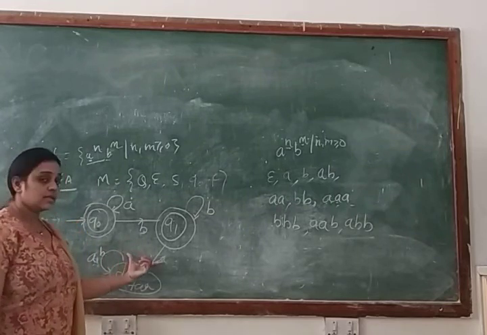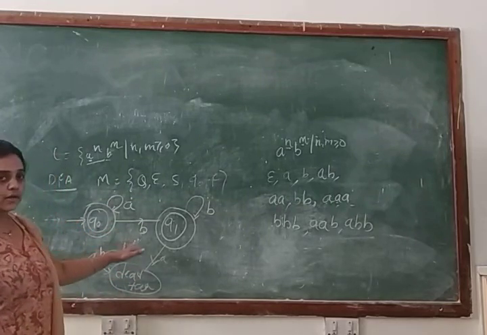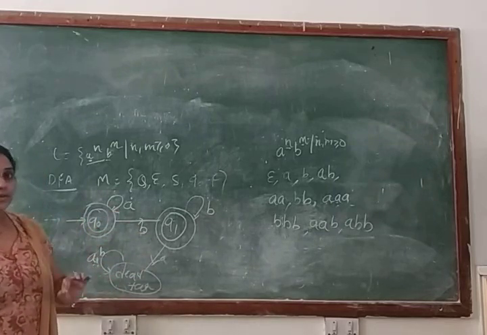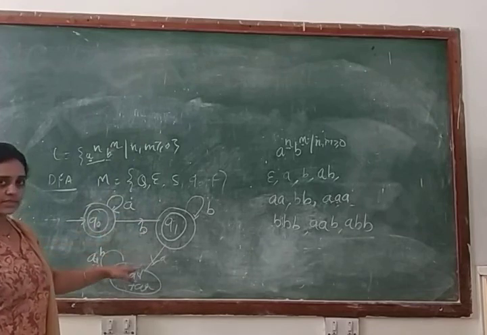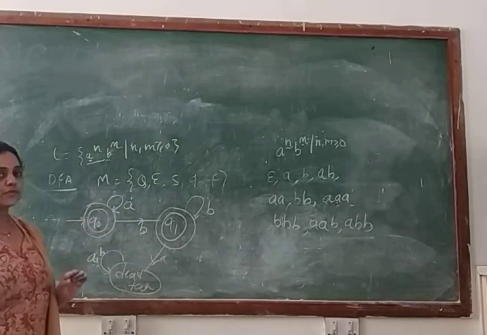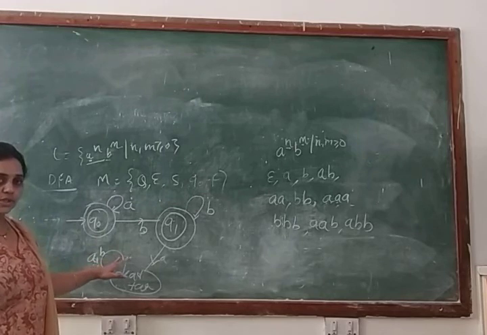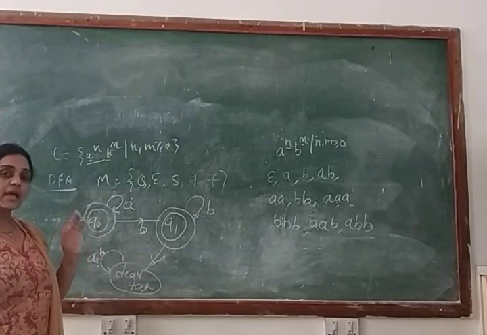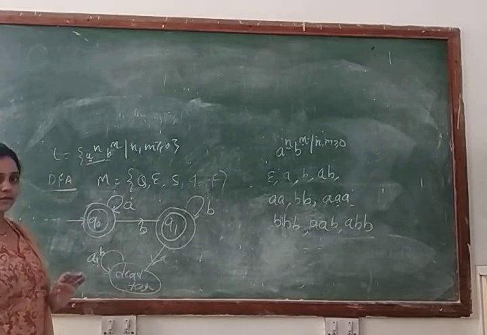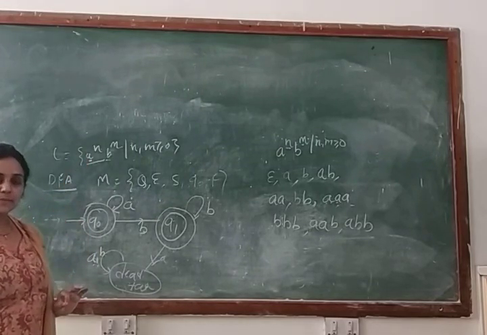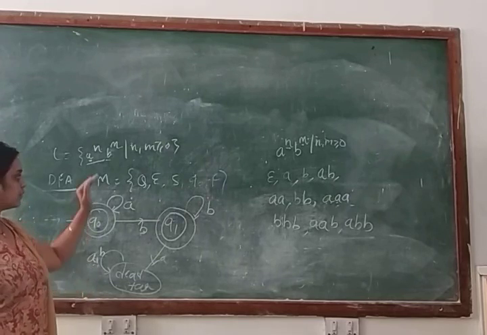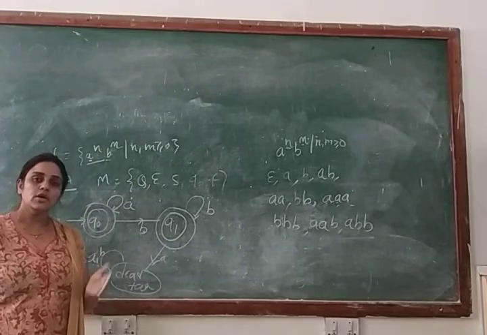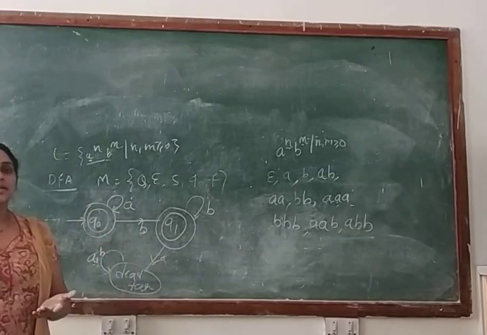So that's why you can see in this picture, this is your deterministic finite automata machine and it has 3 states. Clear? It has a finite number of states. So you can see here how many states are there? 3 states. And it has a finite number of transitions between the states. So this is your DFA machine. And the second thing is that your DFA machine will accept, or should accept, every string which is generated by that language and cannot accept any string which is not part of the language. So these conditions you have to remember when you are making a machine. Clear? So now the next example we will discuss in the next step.